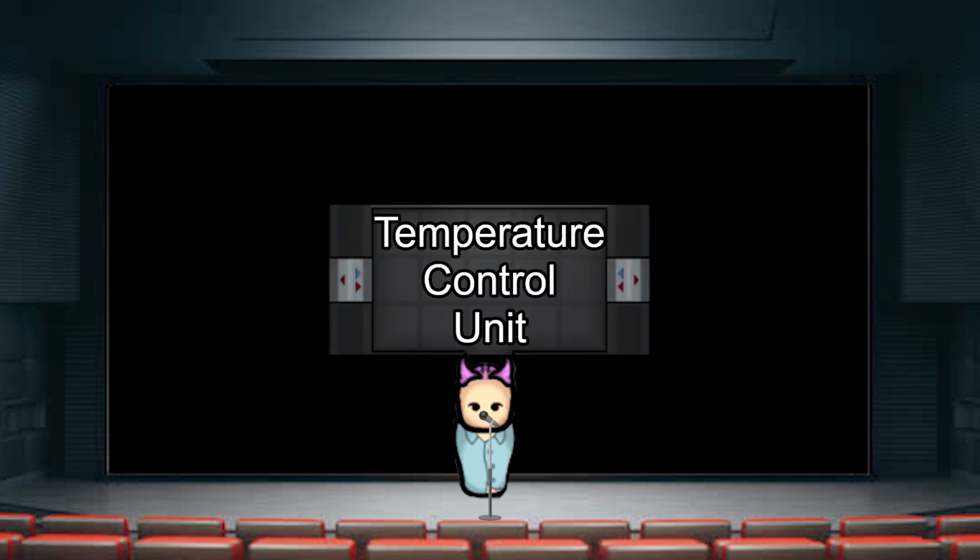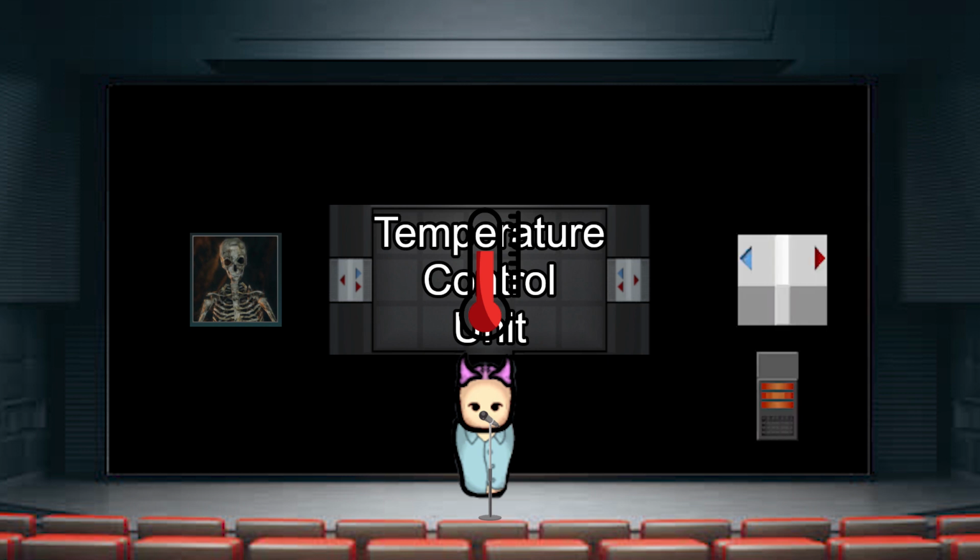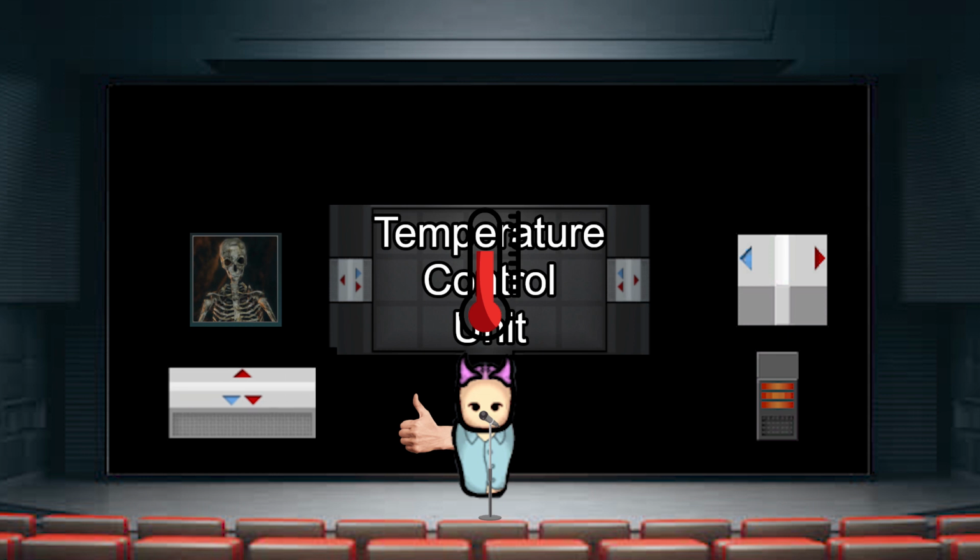Number 10, Temperature Control Unit created by Murmur. Are you tired of having to change temperature all the time? Don't want a heater and an AC unit in your rooms? Then this mod is for you. The Temperature Control Unit mod surprisingly adds a temperature control unit and a smart AC that comes in various sizes for your rooms, from 1x1 to 2x1 to 1x2 to